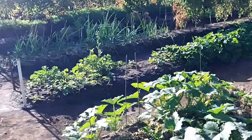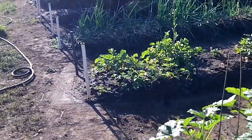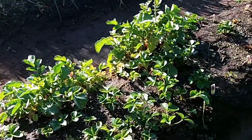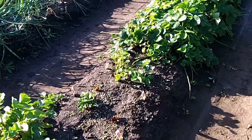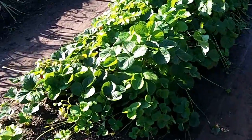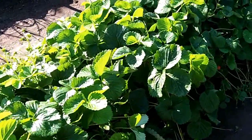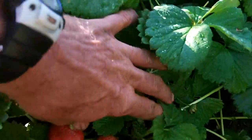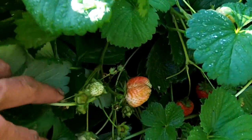Over here I've got my strawberries. These are the strawberries my dad kind of weeded out, and they're doing real good. These strawberry plants are just thick, and I've got some berries growing in here. You see down in here,